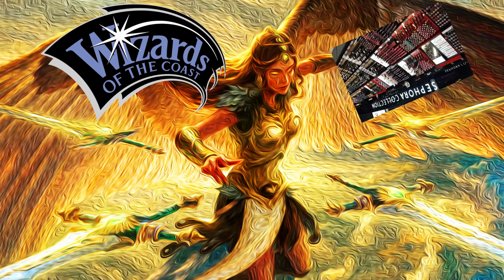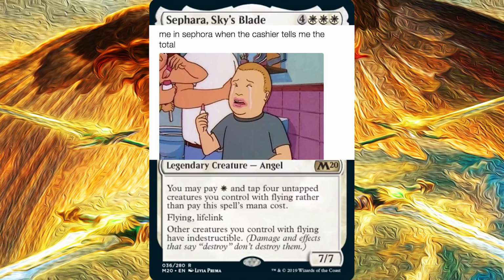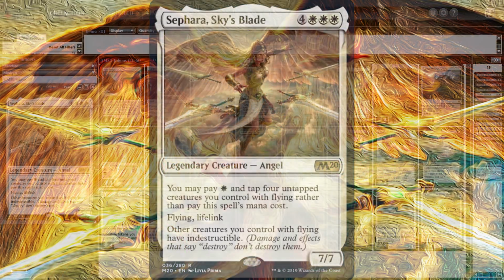Wizards teams up with an overpriced makeup store to bring us the new card Sephara. And speaking of overpriced, Sephara costs 7. But if there are 4 people in the store, the cost is then reduced to just your dignity. Likewise, Sephara's cost is reduced to 1 if we tap 4 flyers, which is why our deck makes a lot